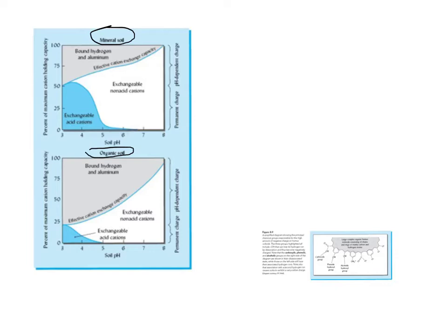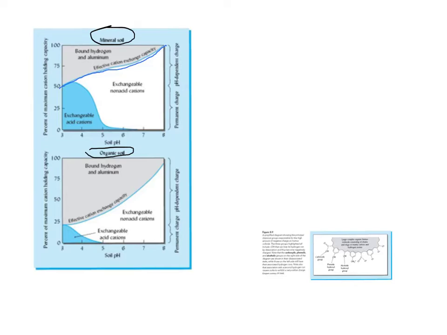We can have a change in the CEC based on the pH. And so what this graph is showing, this line here, this effective cation exchange capacity, and we'll highlight this in blue here, this effective cation exchange capacity here,